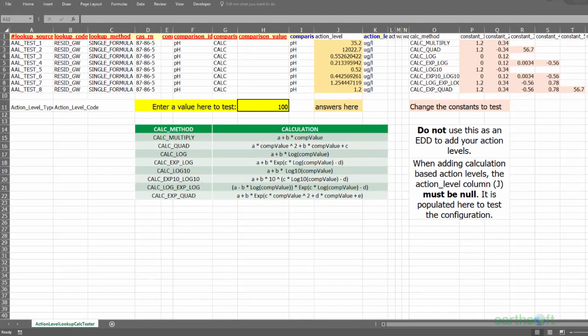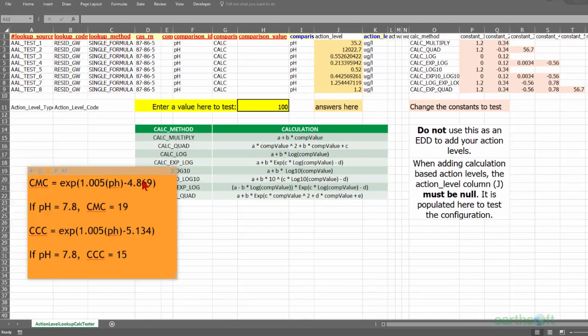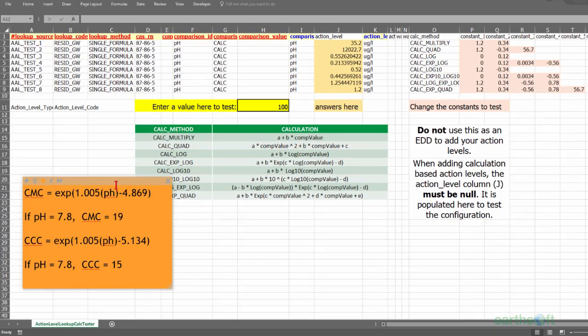So back to this table, what I can do here is say, okay, I'm going to take all of my constants that we've defined several times now and put them into the EQuIS calc method here. And then I'm going to put the pH value of 7.8 into my test value. And hopefully we'll get close or exact with the action level field here based on what is presented in that